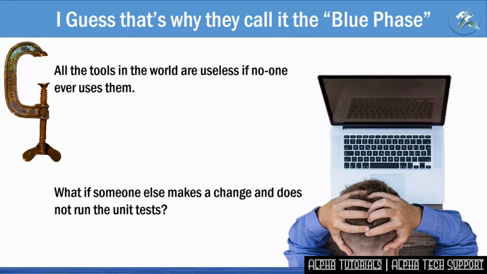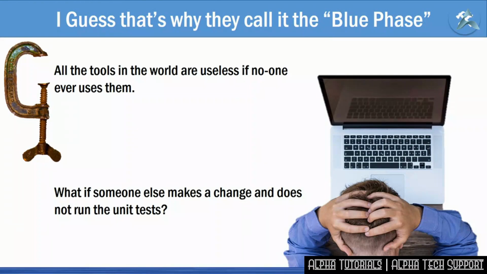Then after 6 months, a new colleague is tasked with changing something in that application. They may not even know there's such a thing as ABAP unit. Many people don't, which is why I'm doing this course. Or they could be too busy to bother running the tests, or they can just forget. Or presume that no one ever writes unit tests. There's no unit test in this program, I won't even bother. There's a million other reasons. It goes on forever. The end result is the ever popular change in one area, breaking something in another area once it goes to production. The very thing writing a program in a TDD manner is supposed to prevent.